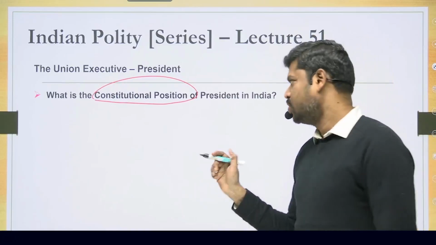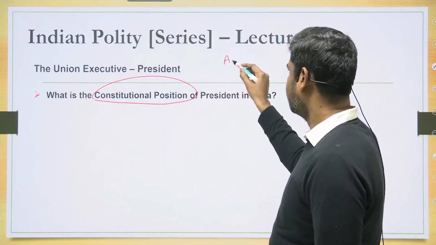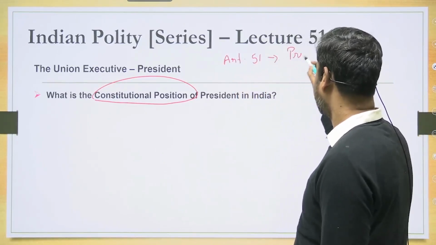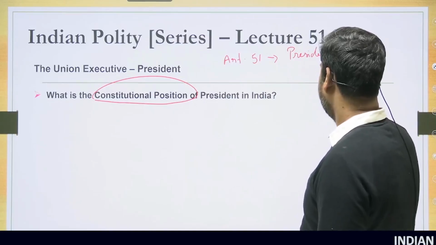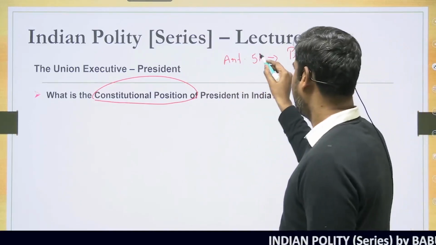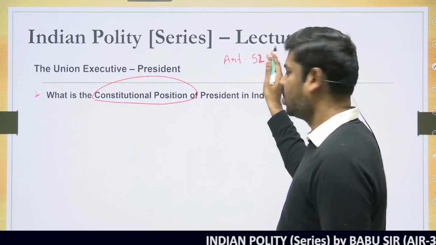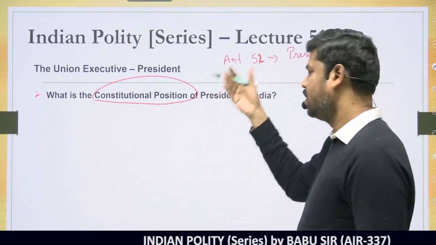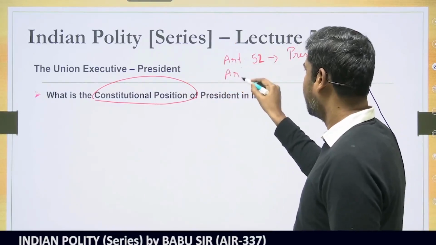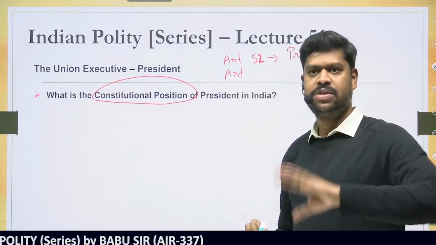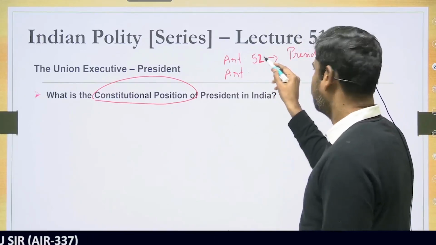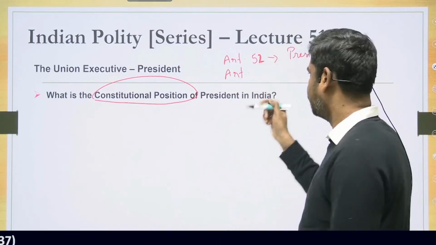If you look into the constitution, there are a few important articles that you'll have to understand before we answer this question. Article 51 of the constitution says that there shall be a president. That means the country cannot function without a president. There shall always be a president. Then Article 52, small correction, sorry. Article 51 is related to the directive principles of state policy. It is only Article 51A that is related to the fundamental duties. So Article 52 is saying that there shall be a president.